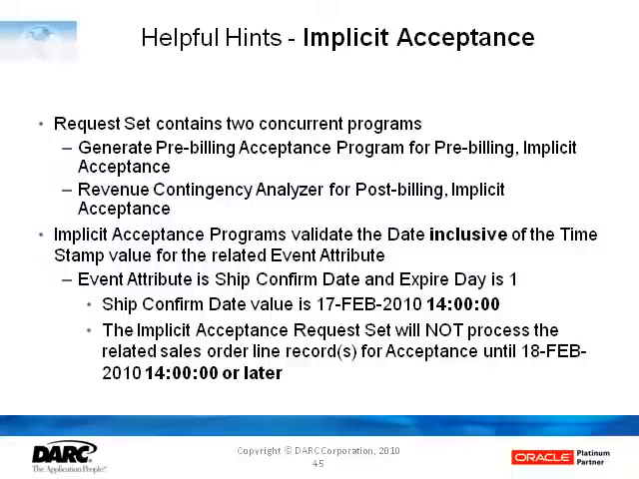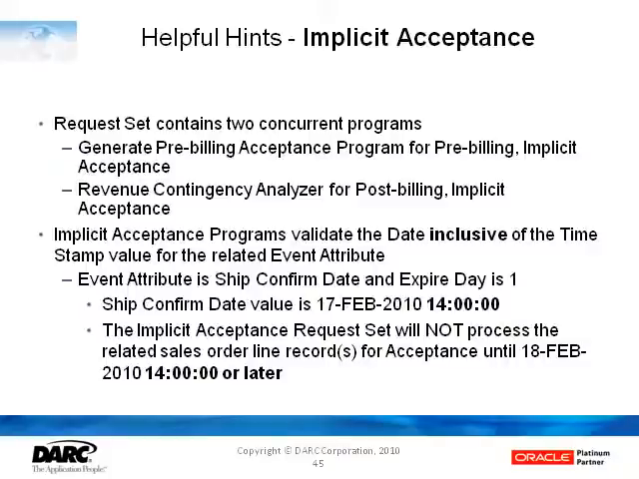Some things to keep in mind in terms of acceptance. For implicit acceptance, as we said in the screenshot going over the process, it consists of two concurrent programs. The first one, Generate Pre-Billing Acceptance Program, is explicitly tied to pre-billing acceptance. It goes out and says, everything that's pre-billing, implicit, let me see that set of data. Has my expiration date based on my attributes been met in anything or passed? For anything that's passed, go ahead and flag it as accepted and then let it go into invoicing